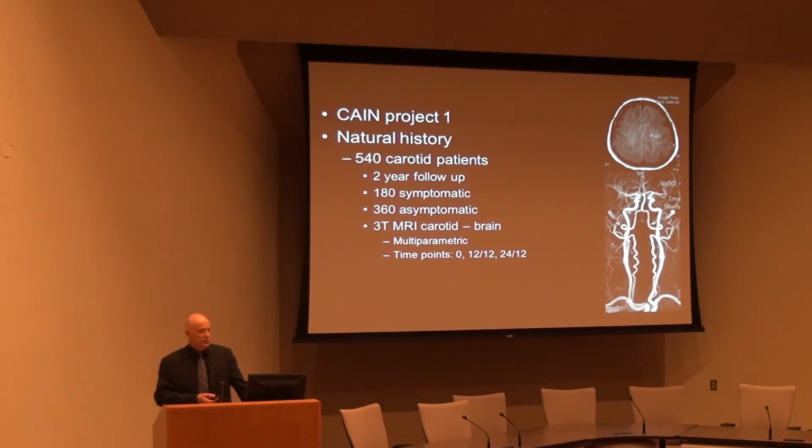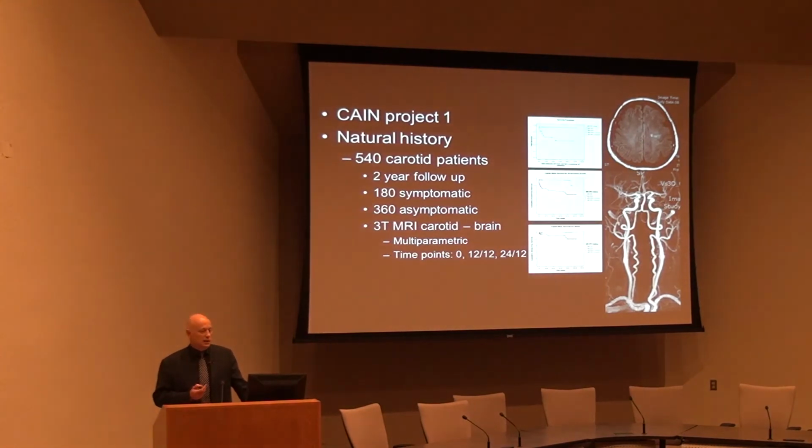And the sites that are recruiting for us are using 3 Tesla MRI scanning, multi-parametric sequences, which I've just shown you, and then we're imaging at time point 0, 1 year, and 2 years. And the idea is that we know already that there are single center studies out there that have shown there are various characteristics within the carotids that will allow you to dichotomize patients into high risk and low risk. And we're now wanting to take that out into a multi-center setting